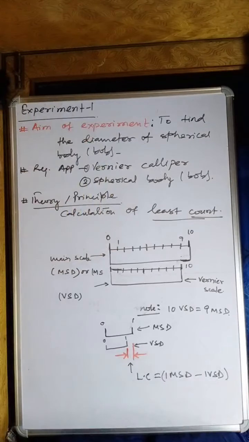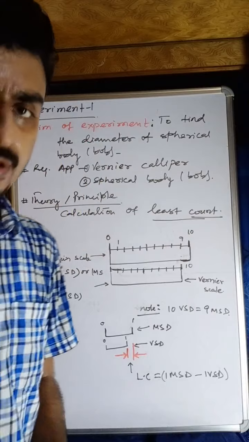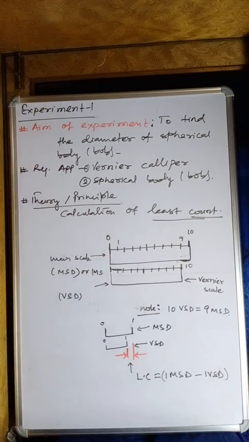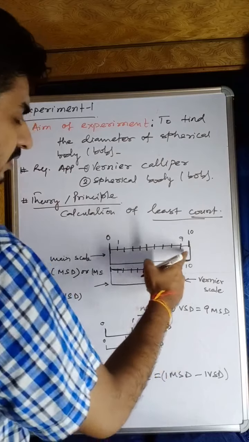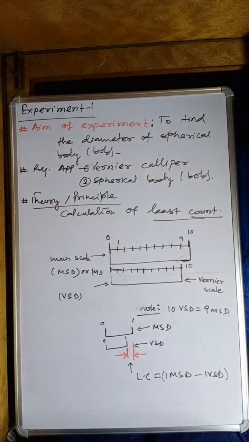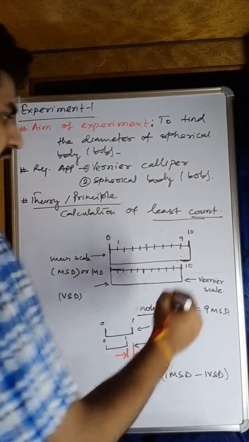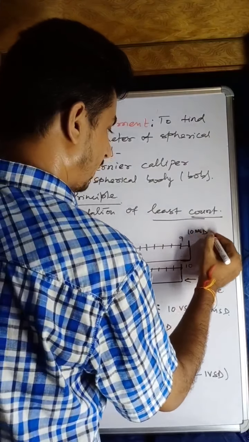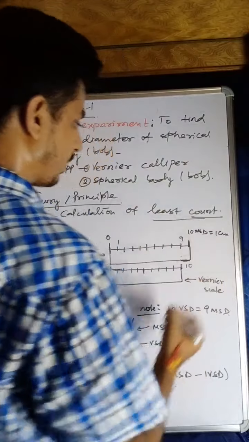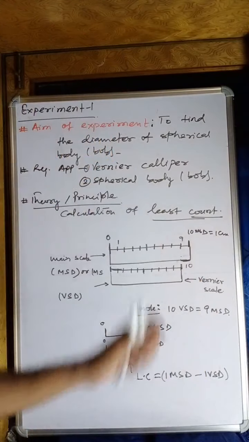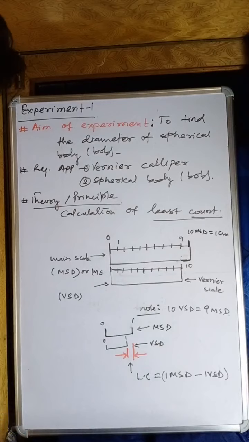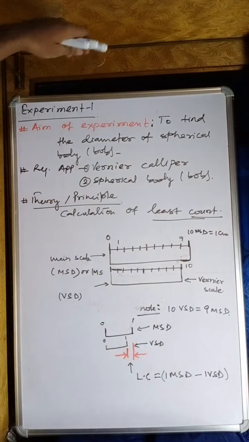Now we will convert this least count into a particular unit for the measurement. Alright, it is provided here that 10 main scale divisions, my dear students, equal 1 centimeter. Remember, 10 main scale divisions is 1 centimeter. Let me write over here. Kindly note down.